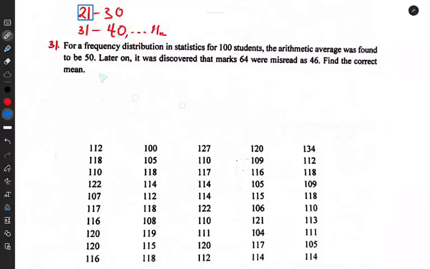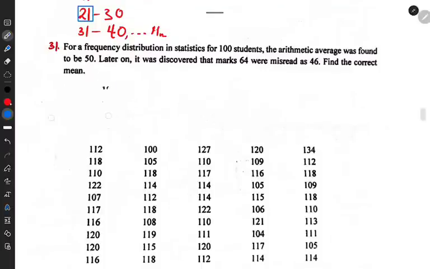So that means we have our number of students, our frequency, which is 100 students here, and we were told that the average score was found to be 50. So we can then find the average. That's x bar, which is equal to the summation divided by N. We have already been given the average score. The average score was 50. So we need to find the summation. So the summation is supposed to be, I'll say, summation of